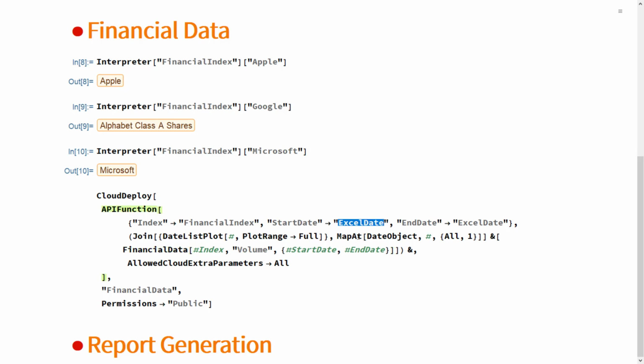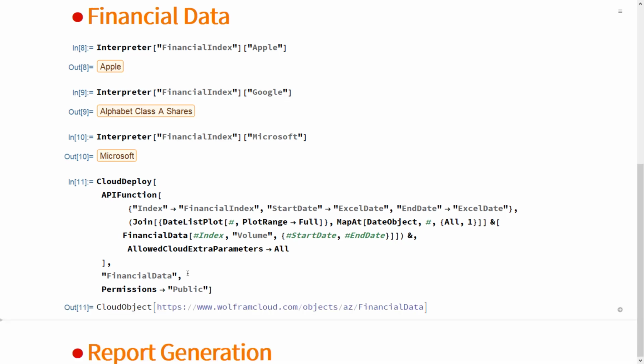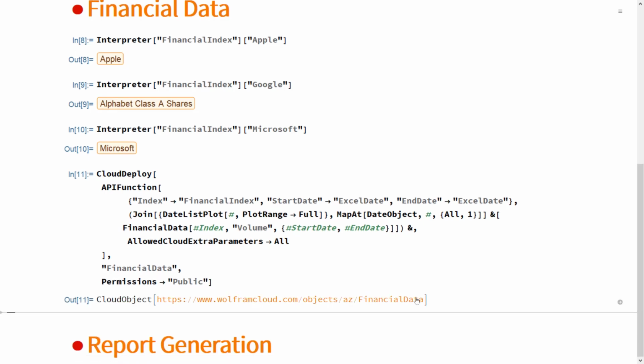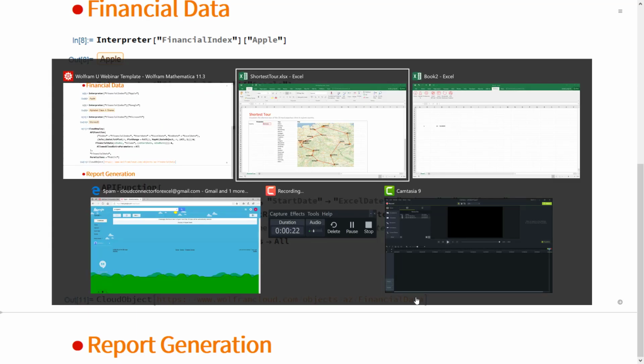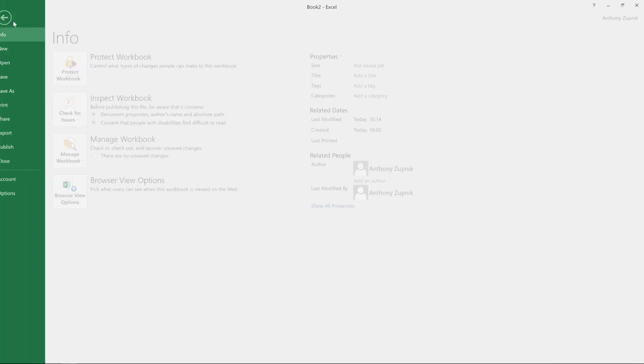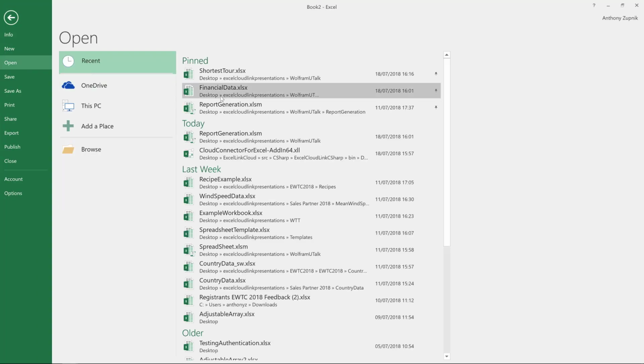And the reason why we have to use Excel date is because Excel has a non-normal way of establishing what a date is, and that is the number of days since the 1st of January 1900 or something like that. So anyway, let's run this. It's in AZ financial data, and now I'll go to one of my pre-made workbooks, and I can show you that